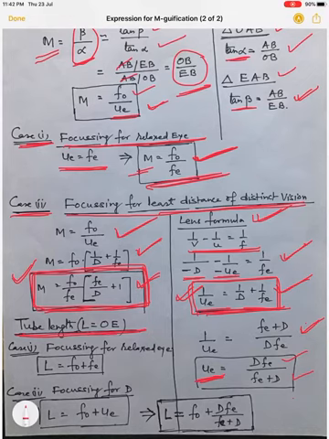Now we have to find the expression for tube length. Tube length is the distance from objective to eyepiece. So L is equal to O to E. We have two types of adjustment. In the first case, f0 plus fe is the distance between the two lenses, and in case of focusing for D, f0 plus ue, and the value of ue can be taken from here. So we can write L is equal to f0 plus D fe upon fe plus D. So this is the final expression for magnification as well as tube length of an astronomical telescope.